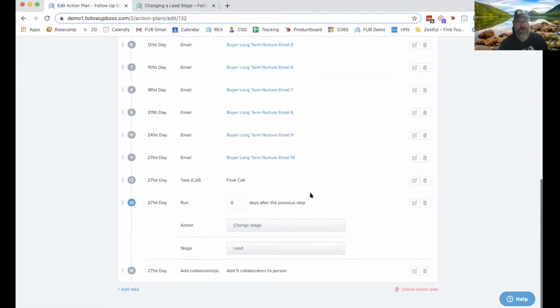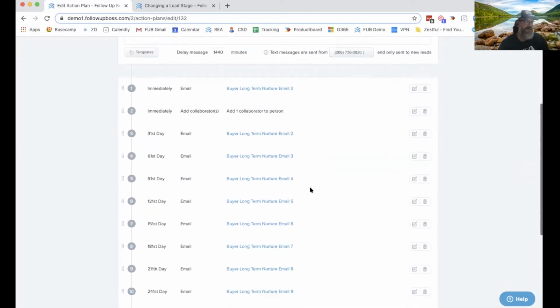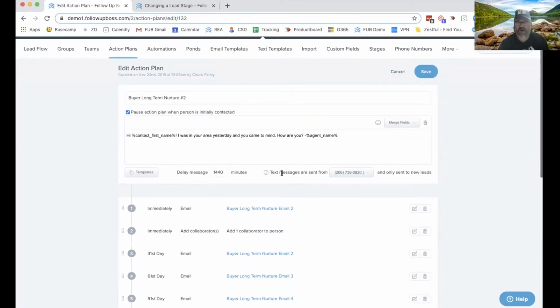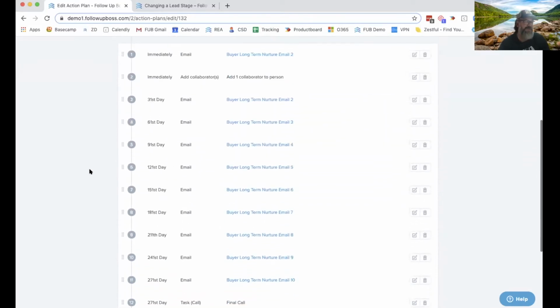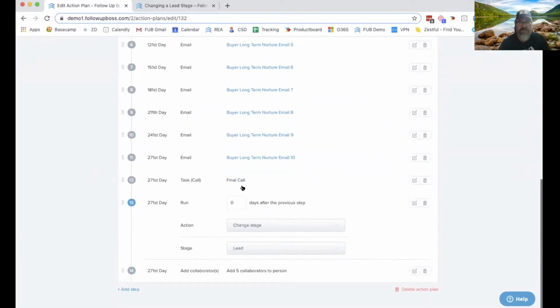Lee mentioned when we were prepping for this call that this is a great way to put a cap on your leads, to automatically get them into another place so that they aren't just staying in lead. And that's a really cool tool. Whether it's 45 days or 90 days, there are different ways of thinking about that, but it can be the last step in an action plan, getting the stage to change so that the lead moves into a different list, whether it goes into nurture,